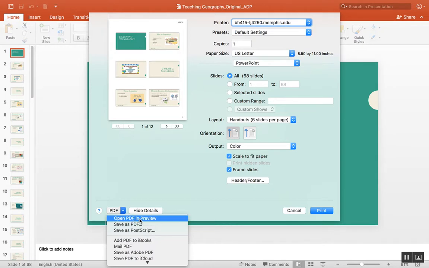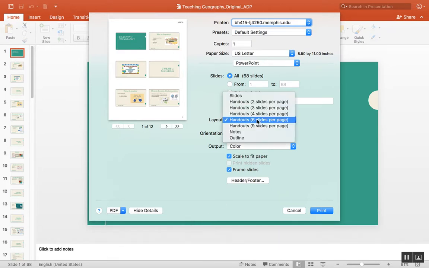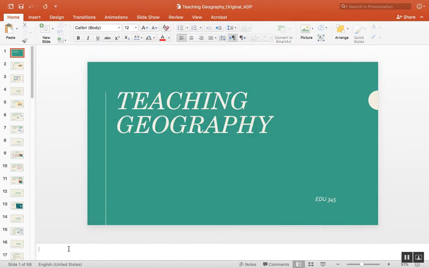Or you can open it up in Preview or Adobe, whatever you have, and you can save it like that too. Something else, if you don't want a handout, maybe you want notes. This would be where you would have your PowerPoint, and then under here you would have any directions that you have. So for instance, if I went back out here to notes and I said, this is my example,